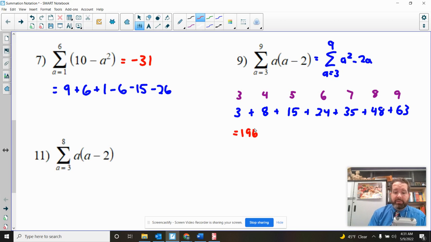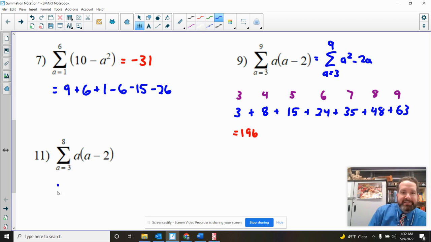Now, as you're going through, if you can find ways to save yourself some time, I'm not going to judge you. And here's what I mean. This series is the same as this one, except we just don't want the last term on it. So rather than reworking everything for number 11, if you've spotted, well, hey, it's the same thing, I just don't want the 63, then take your sum here,